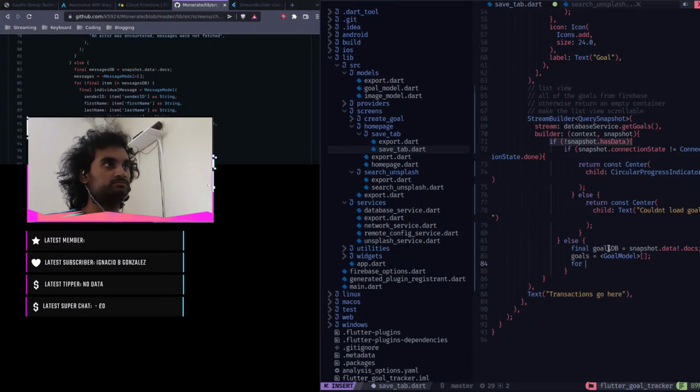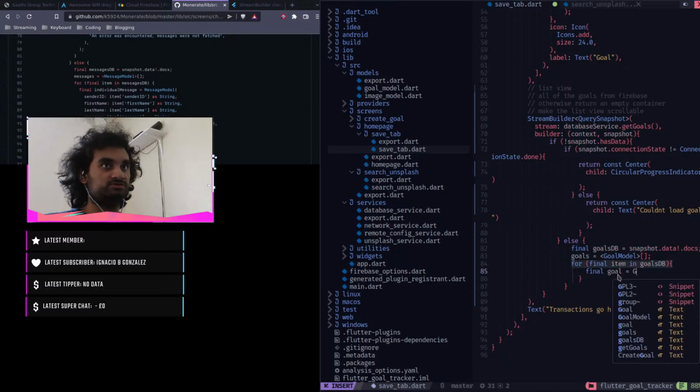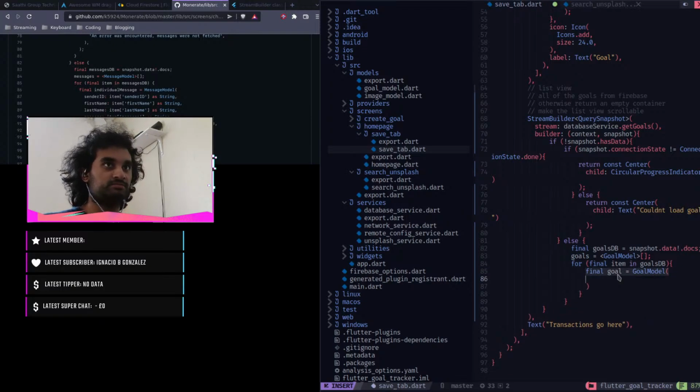Then for final goal in goals db, for each element in goals db, for each item, final goal equals goal model bracket, like that. Then in here